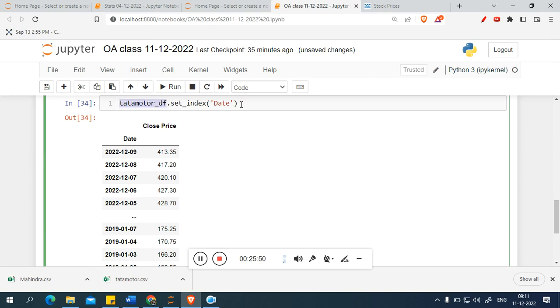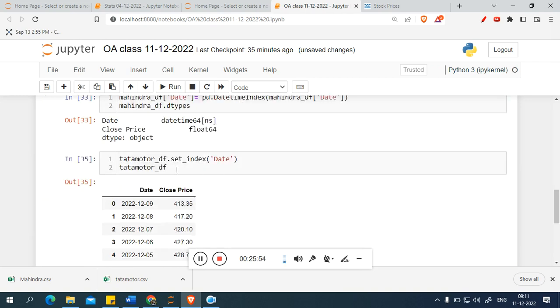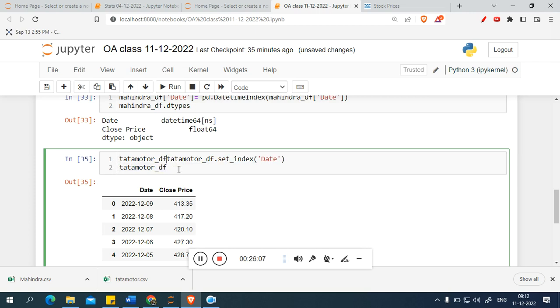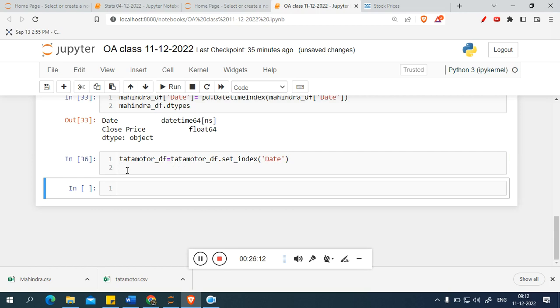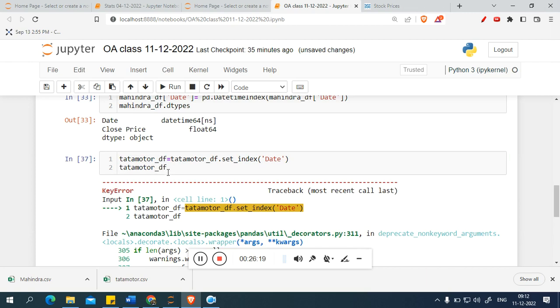So here, no need to update, I think, and if I pass the Tata Motor DF, it is showing me the same thing again. So what I need to do is update this. You can't update it directly here, it will show you the error. So what I need to do, I will tell, one minute. And now if I call it, it will show me the error, I think. So it is not possible in this way. So what you need to do,